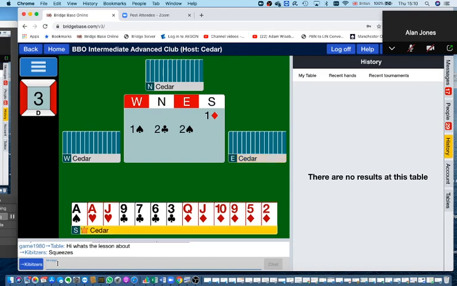2 spades. Typically you're supposed to support an overcall from partner whether you've got 6 to 9 and a 3 card suit. If you've only got a double turn, you're supposed to have noticeably more, like an 11 count or a 12 count. So likely East is showing 3 card spade support with 6 to 9 high card points,